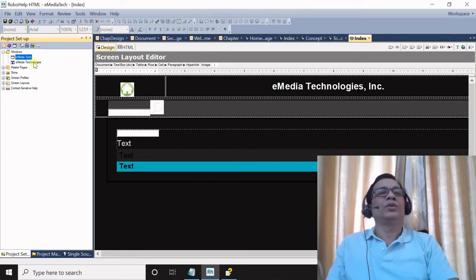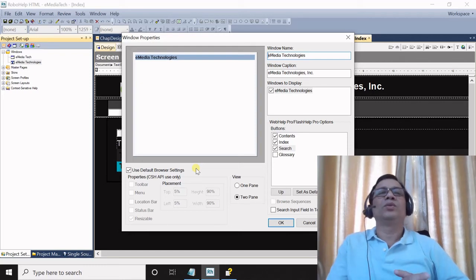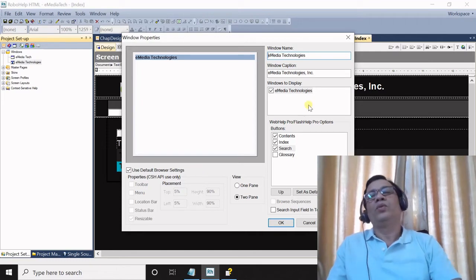Then I'm going to show you the second example, that is window properties for web help. This is also very similar to what we did in the previous example. However, there are a few options which are not here.